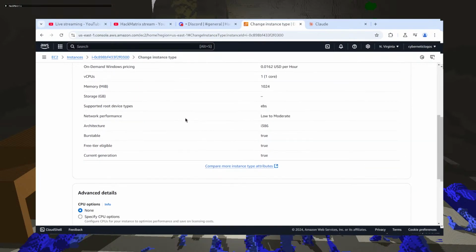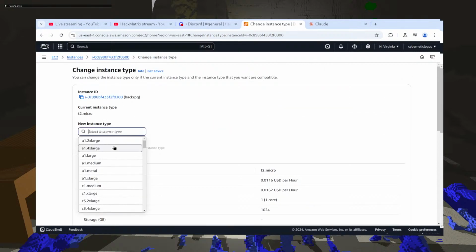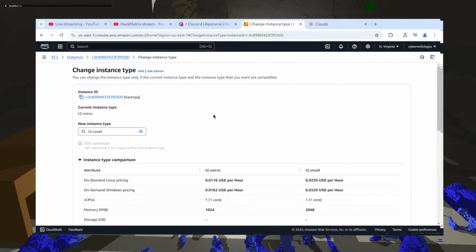Okay, so I need 2 vCPUs. That's really what I want. So what is this? This is a T2. Okay, so what is a T2 small?